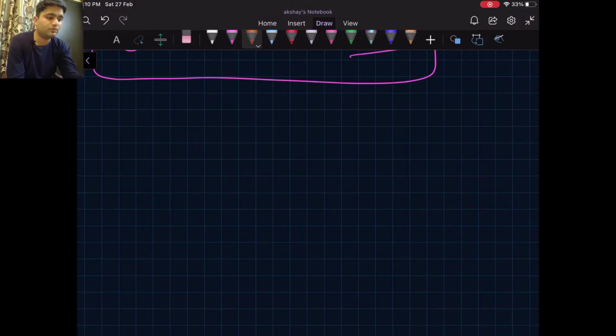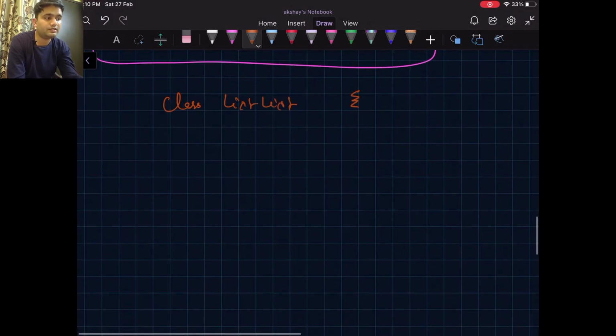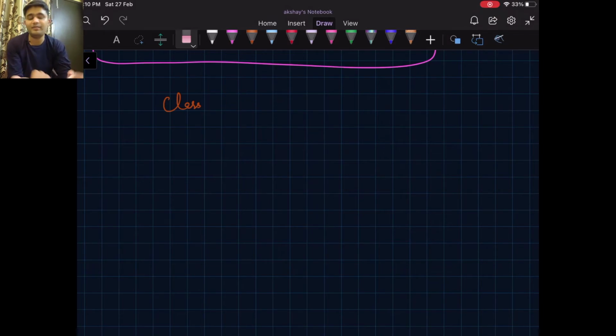So let's start. Basically we can have a class linked list. Okay, this class can contain another class, so let's remove this class initially. So let's start describing with linked list nodes.